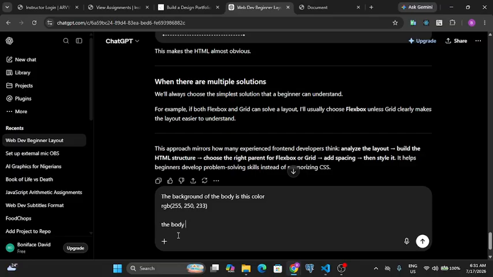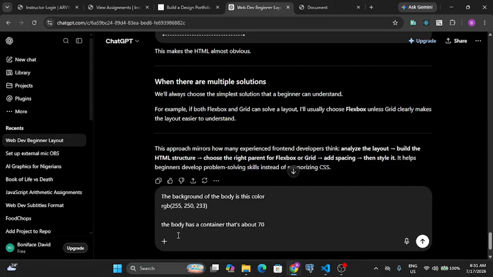the body has a container. And I've told you that you can also use loose words. You don't need to be 100% certain. Whatever it gives you, you can always go and modify it, but that's not so much of an issue. So we're going to tell it that the body has a container that is about